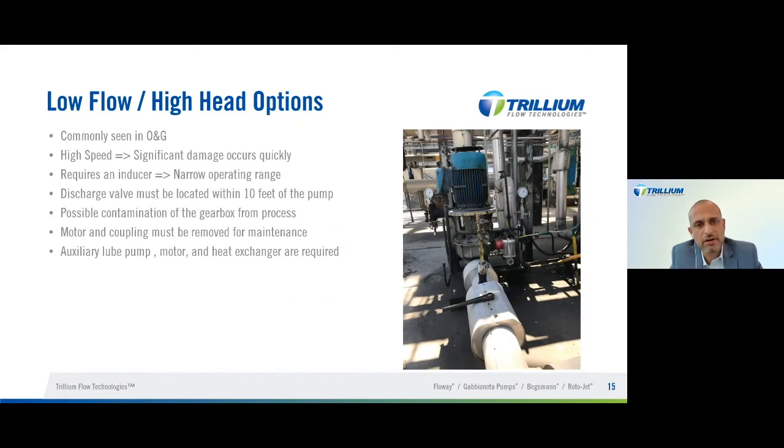Now, looking at another common design available is the OH6 style, which is seen in many locations. This pump typically runs, as my colleague Neil has mentioned, sometimes over 12,000 and sometimes up to 24,000 RPM, which makes it very delicate, and if and when there is an issue that may end up in a catastrophic